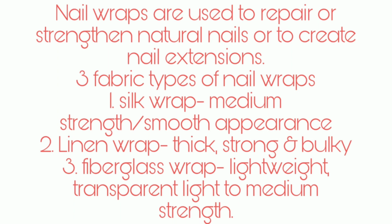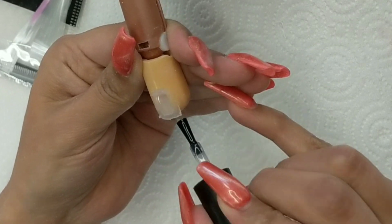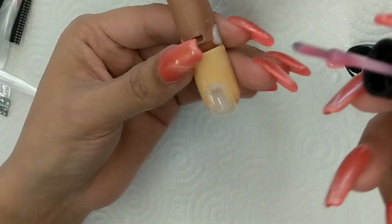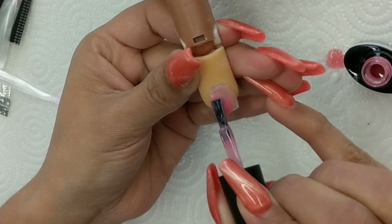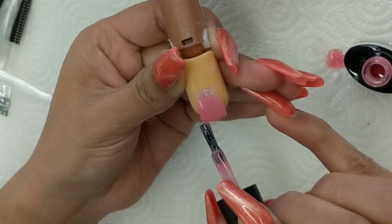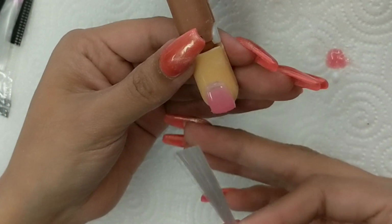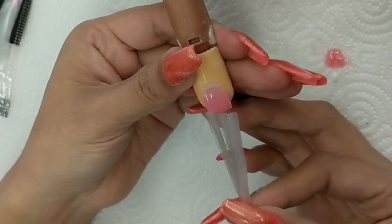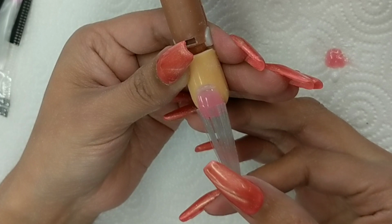And then number 3, fiberglass wraps. They're lightweight, transparent, light to medium strength. So I'm using fiberglass, which is not the strongest, but it will still give the strength of a nail tip with the light overlay. Basically, that's what it is. Silk wraps are preferred for really long nails because they give so much strength to the nail, especially if you have brittle nails. Just doing the fiberglass on top of your natural nail, cutting it to the natural nail length will help so much. It does take a little bit of time, but it's worth it if you want to grow your nails and